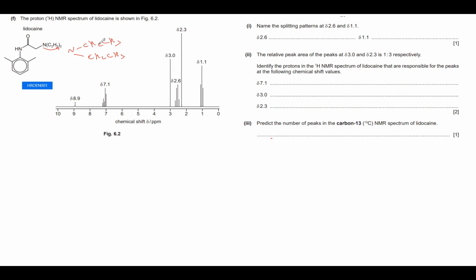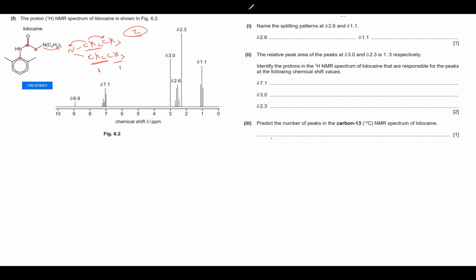So here we count only 2 carbons, because look, guys, here we have 4 carbons. Yeah, that's right. But this CH2 and this CH2 are both in the same chemical environment, so both of them will give a peak in the same area. Both of them are connected to N, both of them connected to CH3. So this one will give 1 peak, and this CH3 as well will give 1 peak. So here we have 2 peaks. This one will give a peak 3, and this one will give a peak 4. So here we have 4 peaks, 5 peaks, and look, guys,